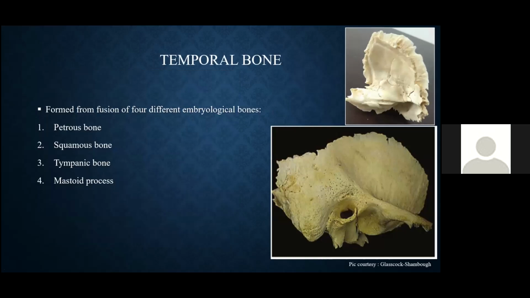The parts of temporal bone, as we all know, are four. The squamous part, which is having two parts, the vertical as well as the horizontal part. The projection from the inferior and the posterior part of the temporal bone, the mastoid process. Then the third part, which is the gutter-shaped bone, the tympanic bone or the tympanic part, and a pyramidal shaped bone, which is mainly contributing to the apex or the endocranial surfaces of the skull base, the petrous part of the temporal bone.